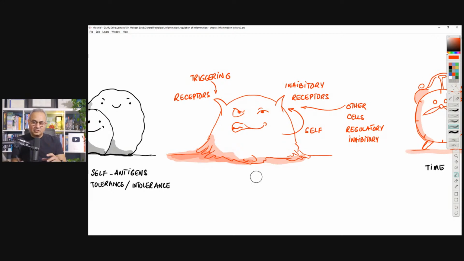You may have seen those little cat videos. There is a puppet cat box on YouTube where they turn the box on and a small cat hand comes out and turns it off, and they turn it back on and it turns it off again. Same thing here. When this cell is activated, its own actions can also cause the cell to become inactive. That is a controlling mechanism. This is called self-negative feedback. Then the cells in the surroundings can also act to either amplify this cell's function or to inhibit this cell's function.